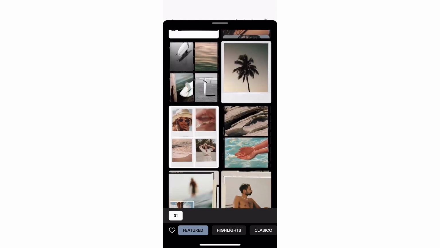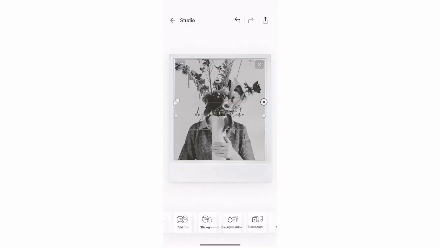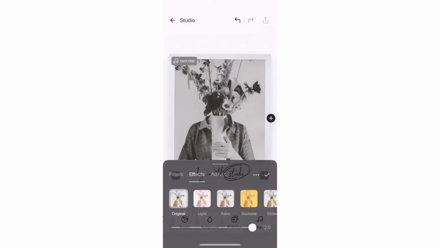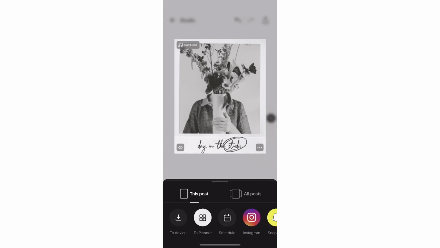Here, you can explore all of your templates, import photos and videos, add text, emojis, music, colors, and more. When you're done with your project, you can export it to your device or share it straight to your social